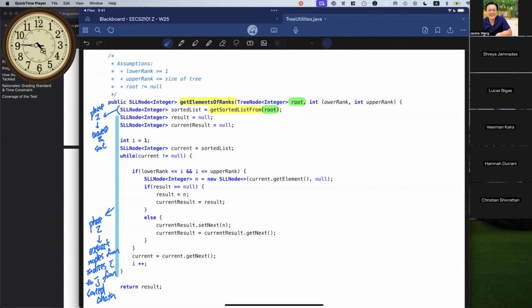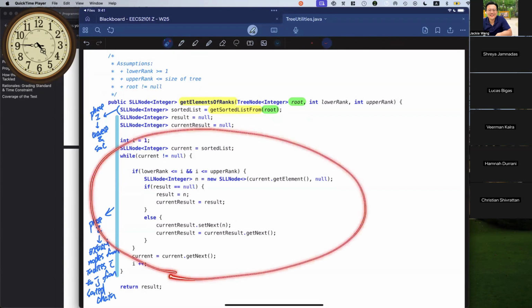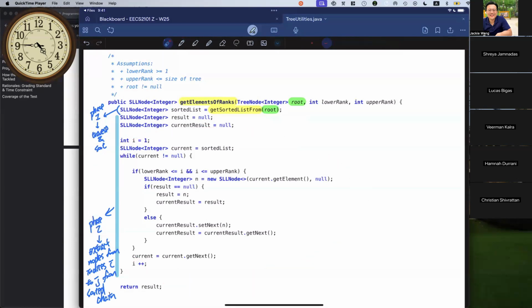Phase number two is a very conceivable loop that you can learn from assignment number 2. You're just going to go over the chain of nodes from phase number one, from the beginning until the end. The critical condition you have to get right is over here: you want to make sure that when the loop counter i is in between the low rank and the upper rank, you keep building a new chain of nodes to extract them.